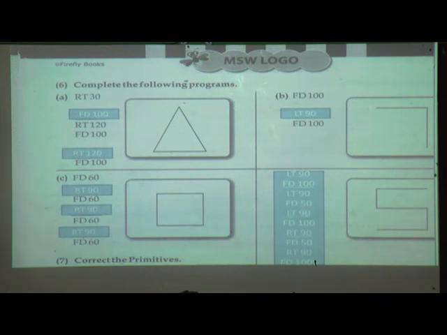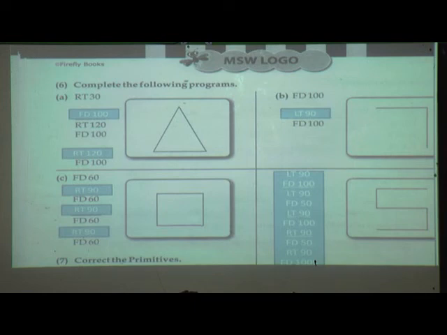What is the first program? RT 30, FD 100, RT 120, FD 100, RT 120, FD 100. What is the second one? FD 100, LT 90, FD 100.